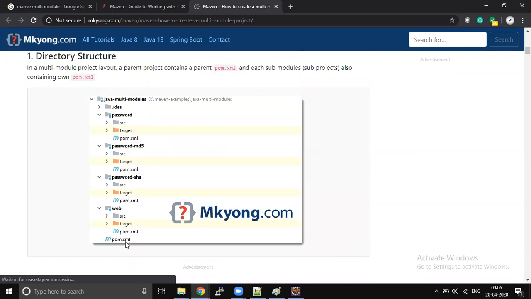If you just run the parent module pom.xml file, it will build all the projects present inside that module. So we get the benefit of grouping: similar projects can be grouped inside one module.